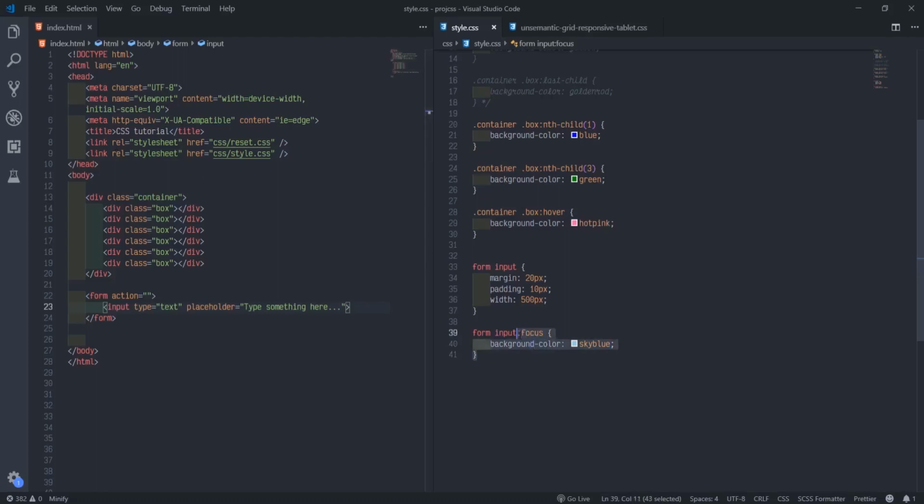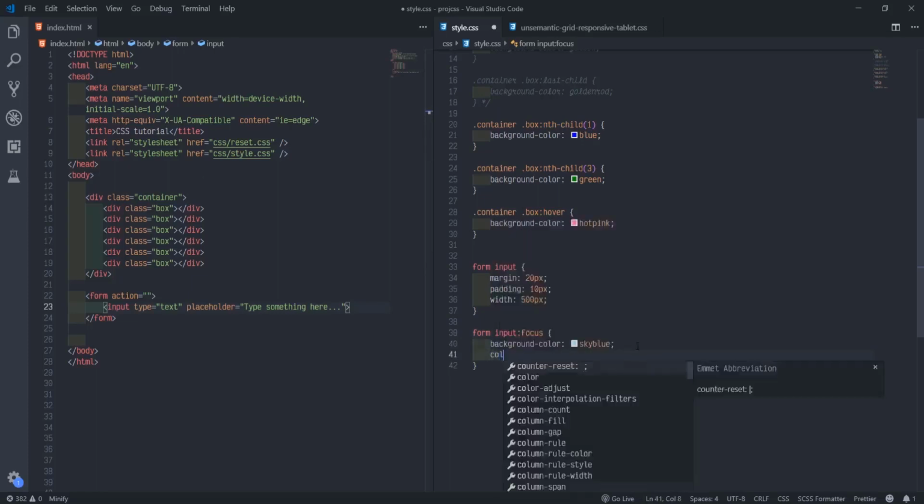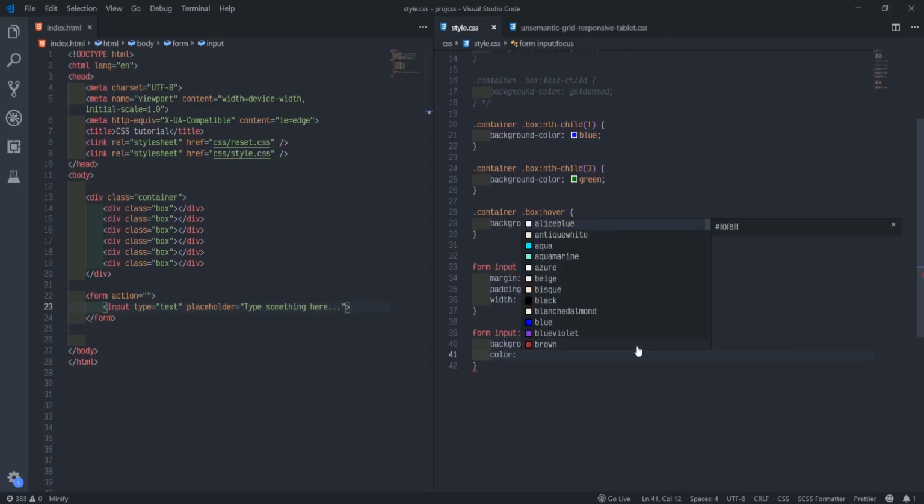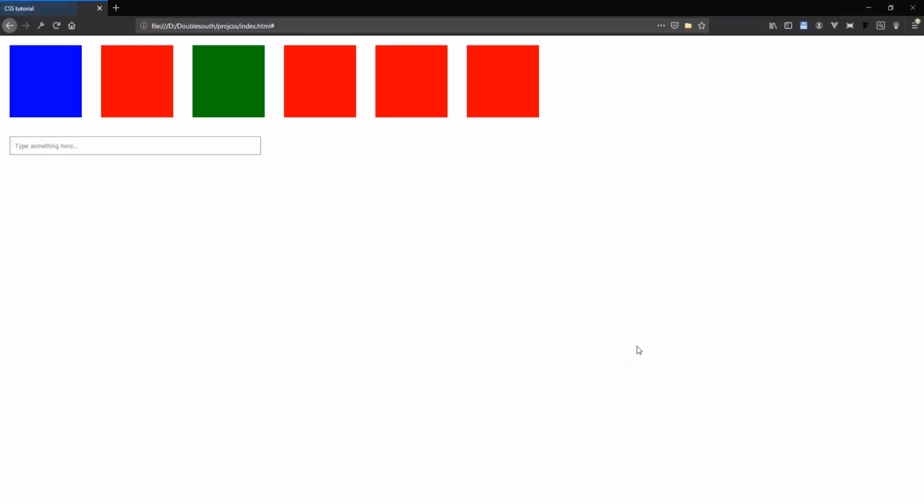You see, once I put colon, I will put focus because it is dynamic, it happens like that now. So if you want, as you focus on it, the color changes to red as you type. Come on, put this red. Now you see the red show. So now when you style your forms too, this is what you do for your form. So that's what I'm showing you right now.